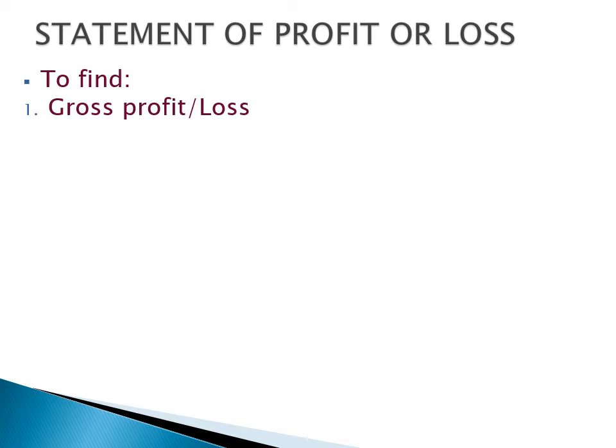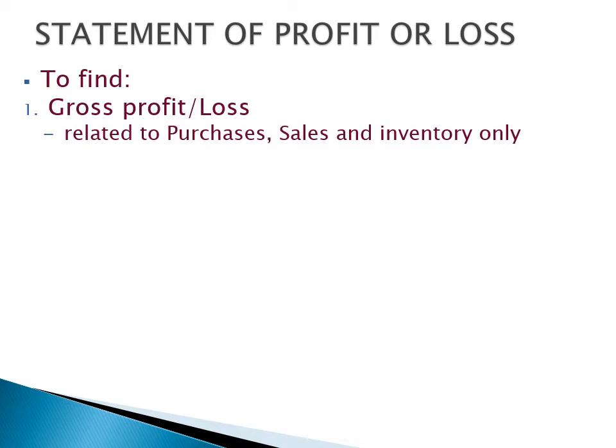So for the gross profit or gross loss, in order for us to identify this, you need to calculate certain items that are related to purchases, sales, and inventory. So this is, we say, whether the business is making profit or loss in terms of trading,